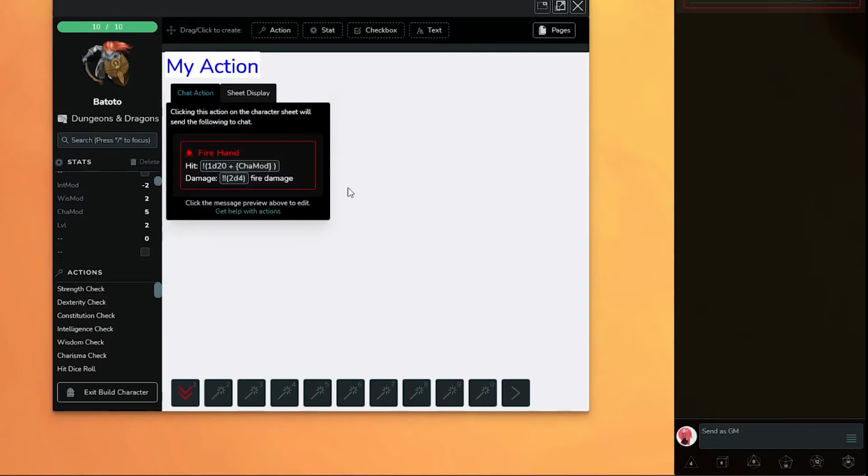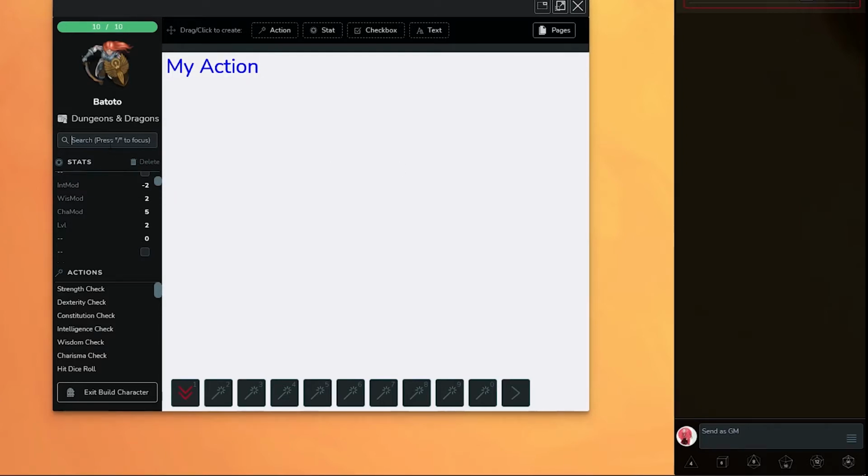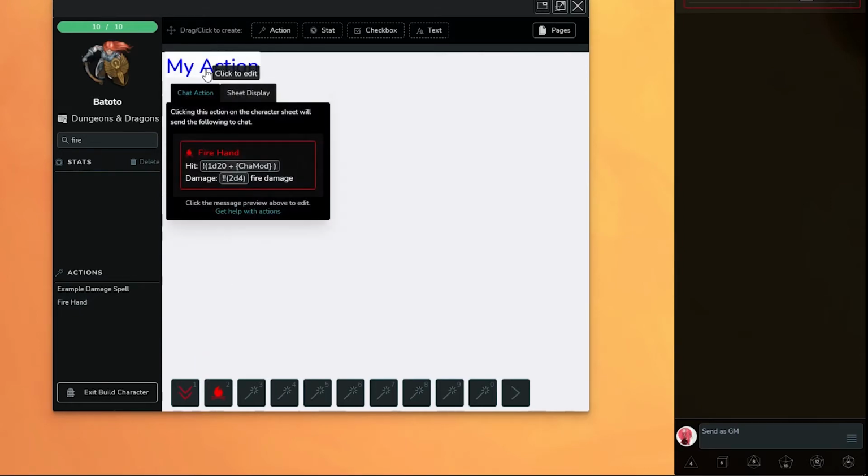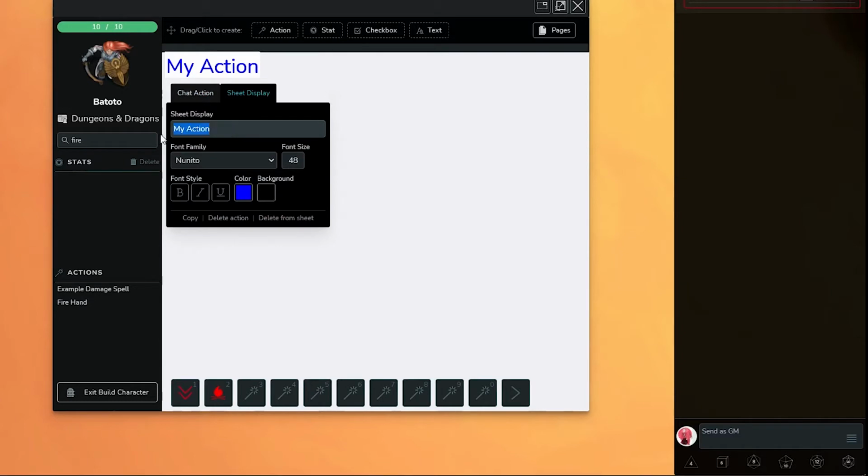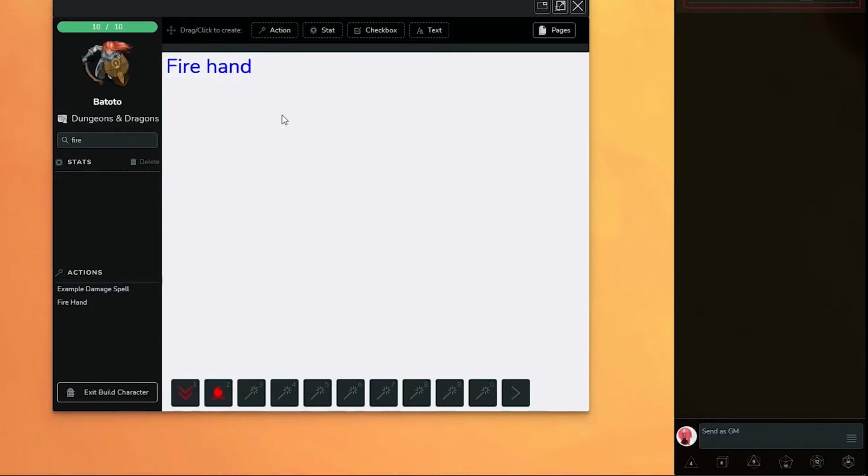So let's say, okay, this is enough, and then I go over here, click fire hand, right here. I can drag it into my bar. Now I have fire hand on my bar. You can notice this is to have my action. You can change the name to fire hand if you want to, just for easy noticing, to keep track of things. And now when you click on this thing,